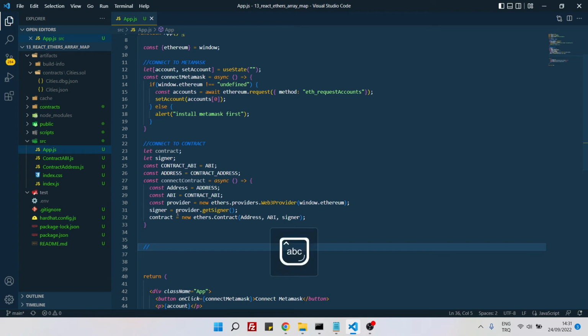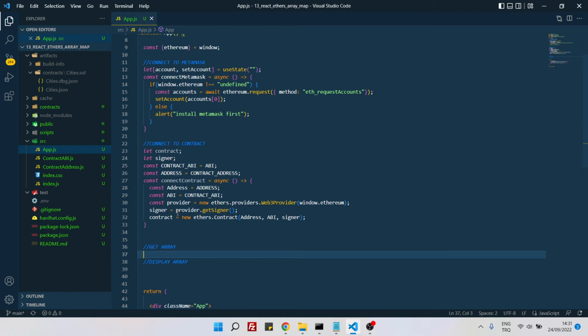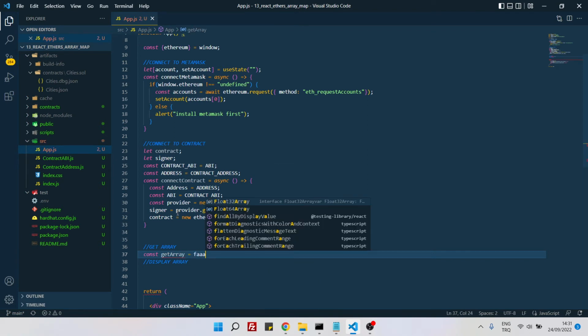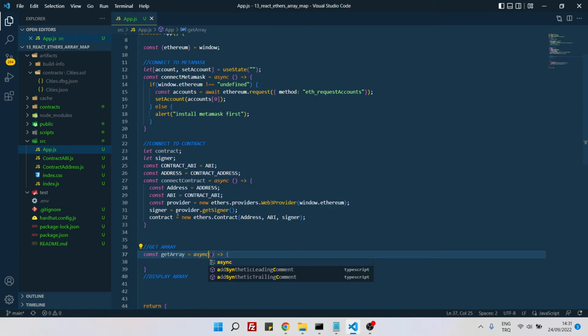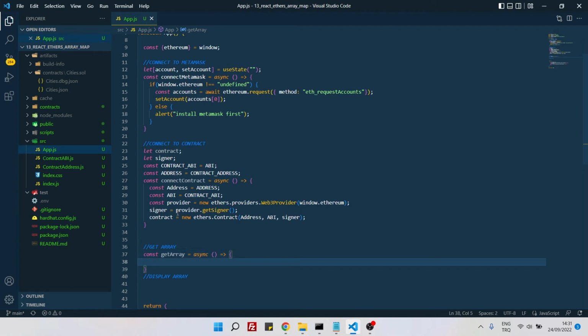And now let's say display array. Somehow I cannot make it big. Yeah. Display array. But before display array, maybe I can separate function logic. I can get array, okay? So to get array is very simple actually. We just create again a function. Let's name it getArray is equal to an arrow function, and it should be asynchronous. And here